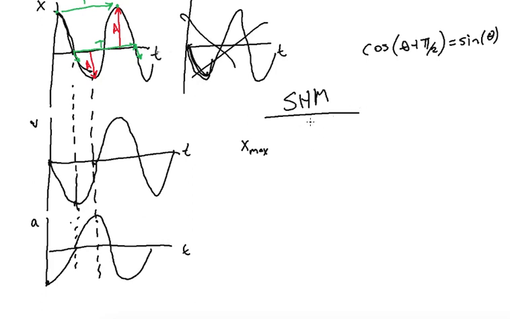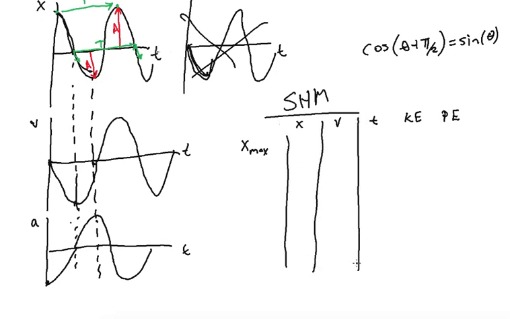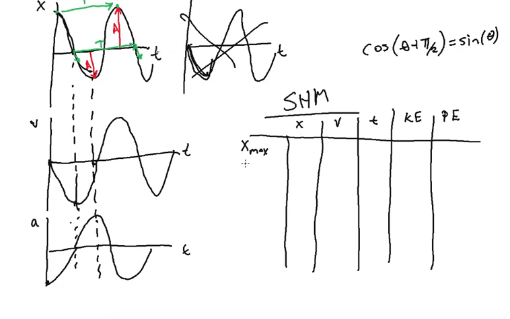We're going to have a position, we're going to have a velocity, we're going to have a time, we're even going to have a kinetic energy and a potential energy here. Okay, so at maximum displacement, we can look at each of these things and kind of make ourselves a little chart here. So at maximum displacement,